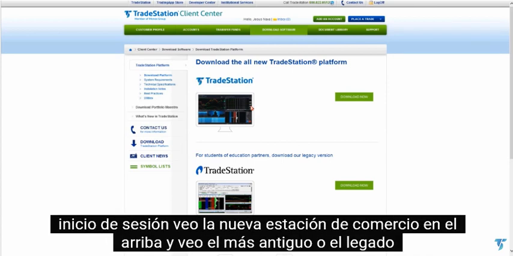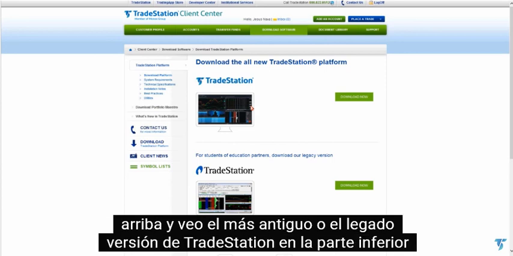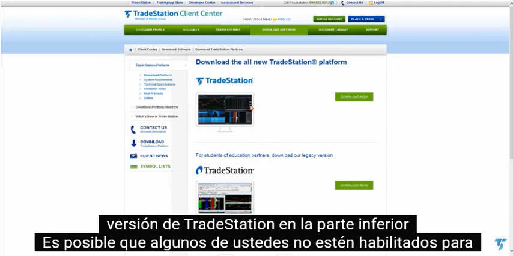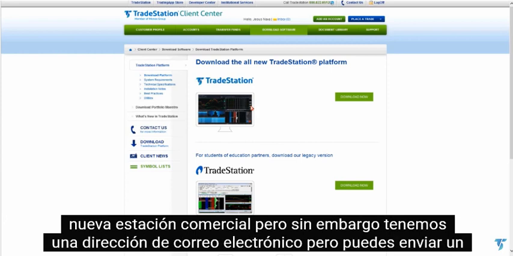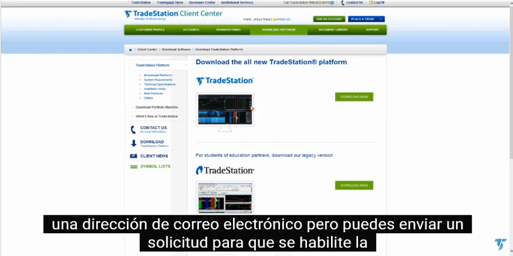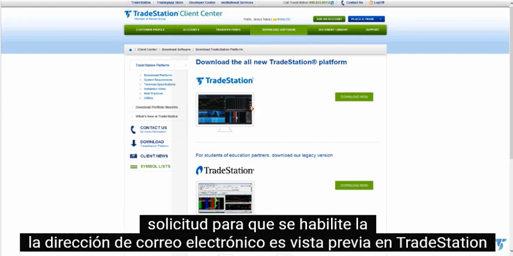I see the new TradeStation at the top, and I see the older or the legacy version of TradeStation at the bottom. Some of you may not be enabled for the new TradeStation yet. However, we do have an email address that you can send a request to in order to be enabled. The email address is